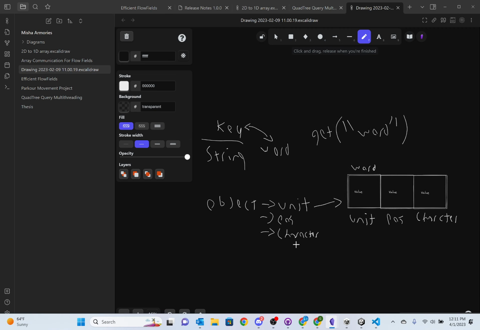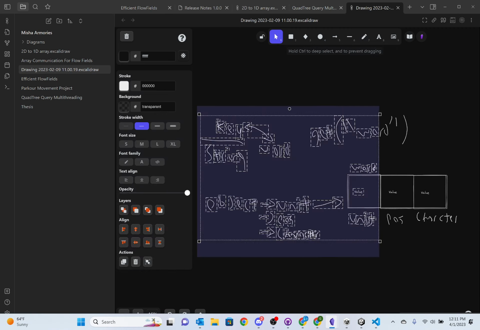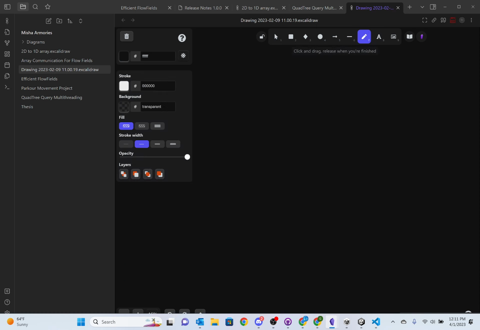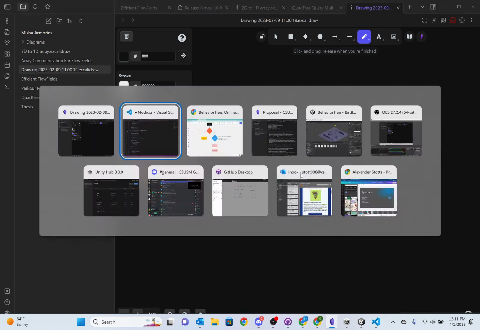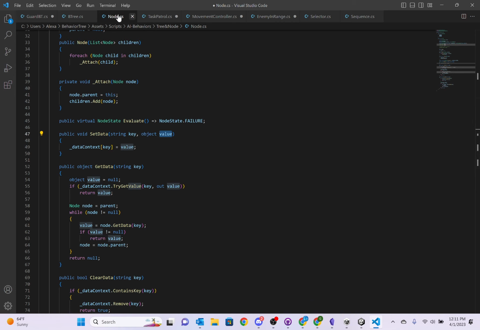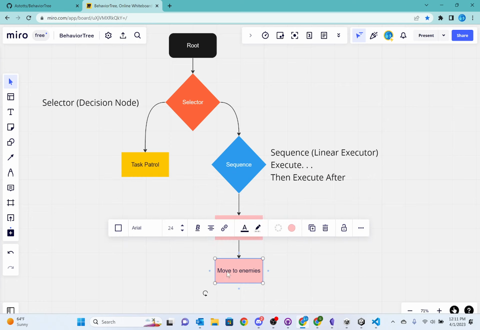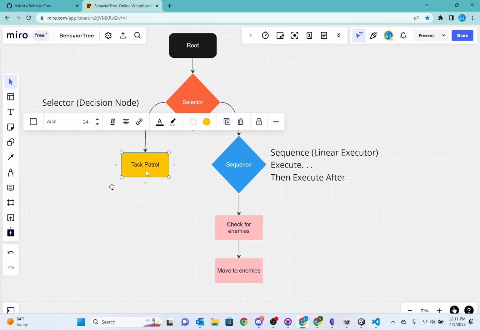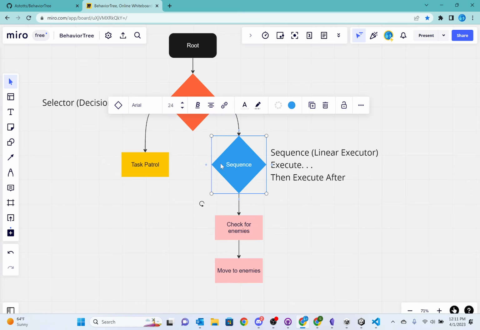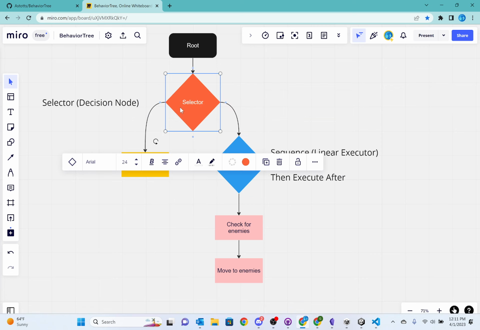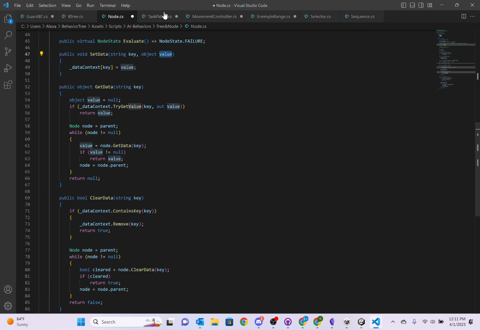I understand again. Even for me, I remember learning this way back when, and it was very like, I don't know how to use dictionary. What am I doing? And it is very confusing. And that's the thing, if you don't understand it, don't feel pressured to use it. I would say just if you need to get data from a node, so let's say we want data not from check enemies, but we want data from move to enemies, and we want to pass that to task patrol. We're going to have to just say parent.parent.parent to go 3 up, and then we're going to call this function